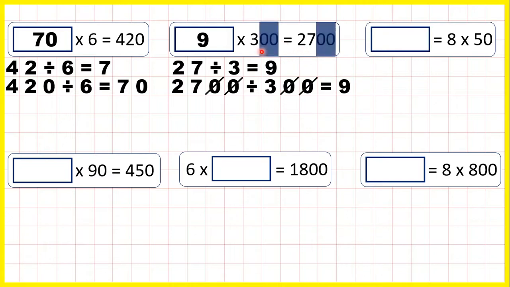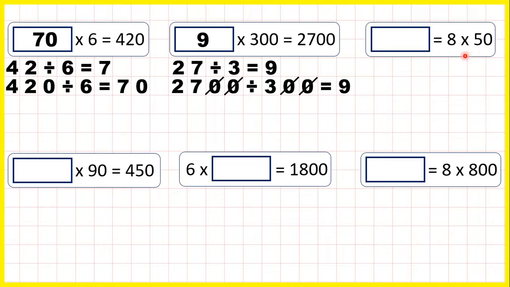2,700. And you can see that this works because 9 times 3 is 27, and then if we have two end zeros in a multiplication question, we need two end zeros in the answer. Now this next problem here isn't really a missing number problem, because there's no missing numbers in the multiplication. Instead, the only thing that's different is that we have the equal sign at the start rather than the end